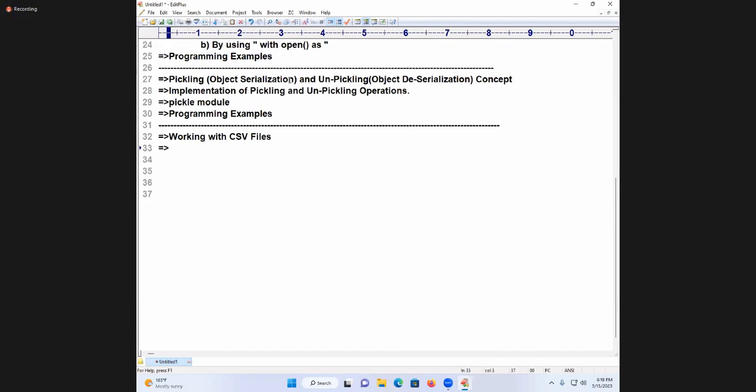So working with CSV files. There I am going to talk about the implementation of working with CSV files and operations: implementation of the CSV module.